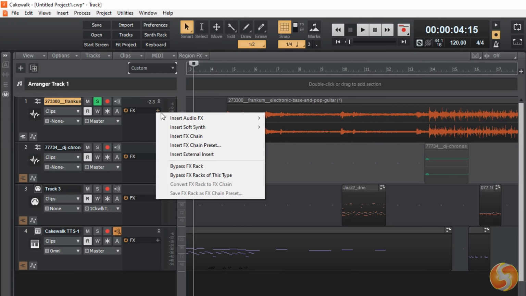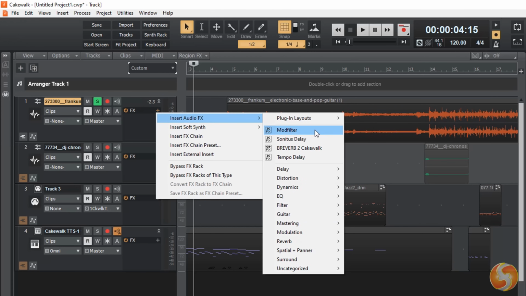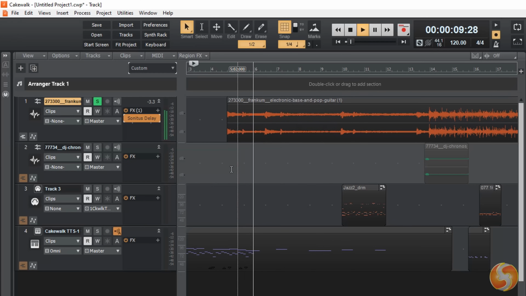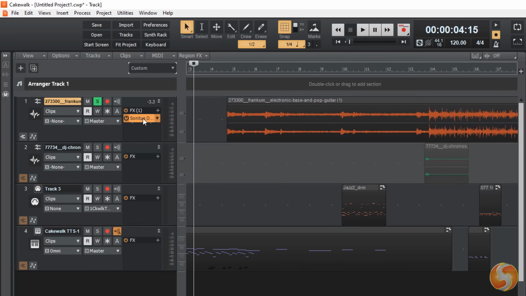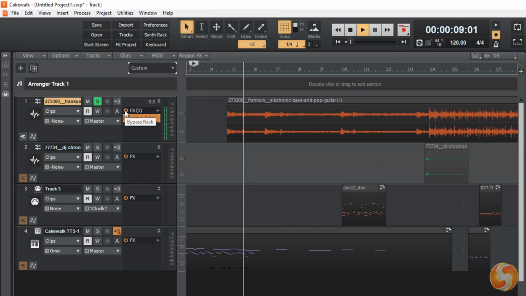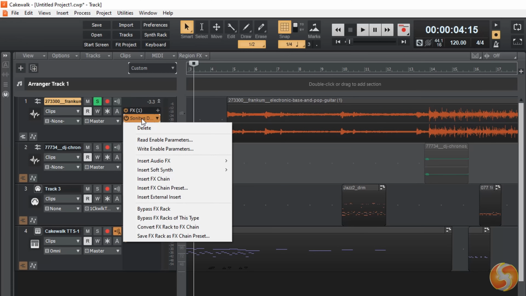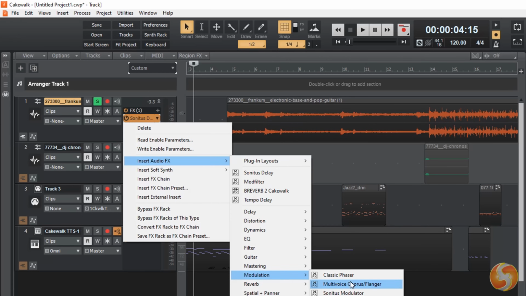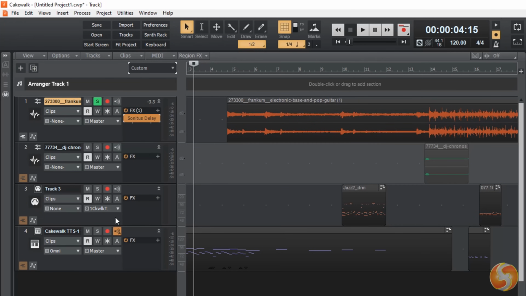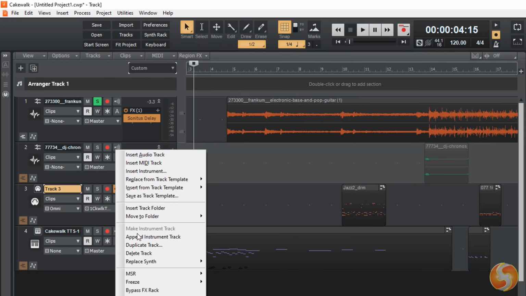Under FX, you can include several effects including delays, reverb, distortions, and much more with the plus button. Then, click on any effect name to edit its properties, or on its I/O button to turn it on or off. Right-click on it to either change or remove it. Whereas, to remove the whole track, just right-click on it and go to Delete Track.